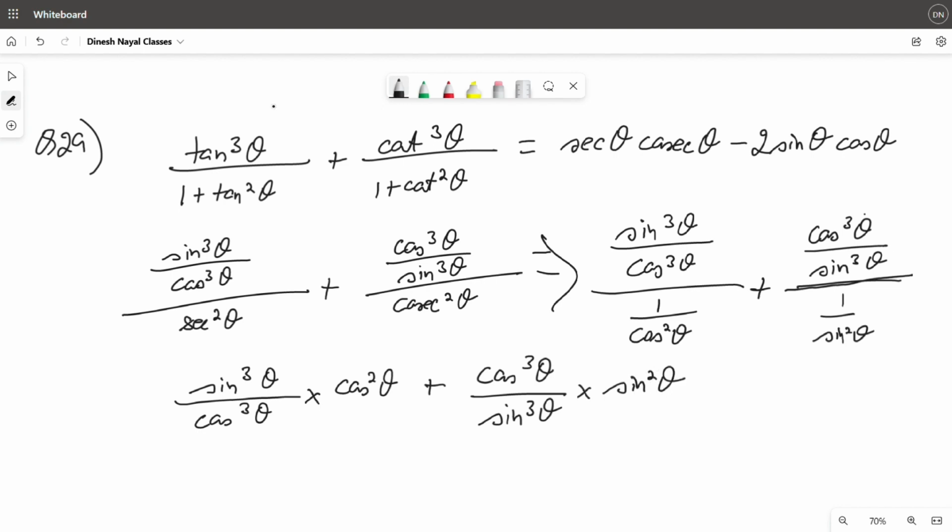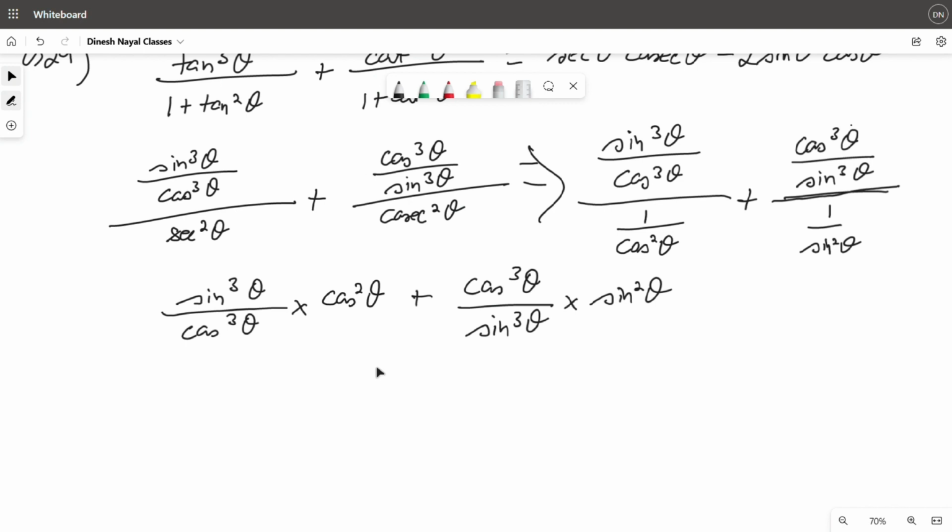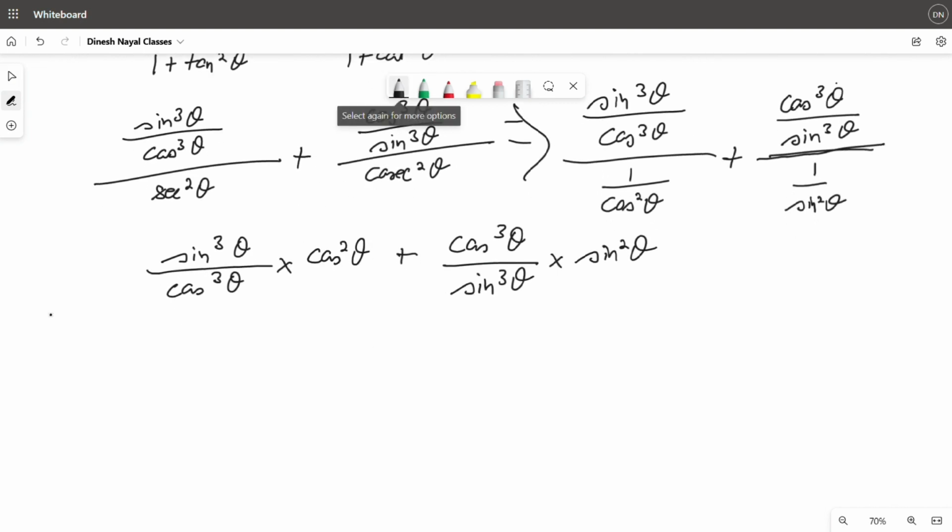Now we can simplify. Cos square theta is cancelled by cos cube theta, leaving cos theta. Similarly, sine square theta is cancelled by sine cube theta. What is left is sine cube theta by cos theta